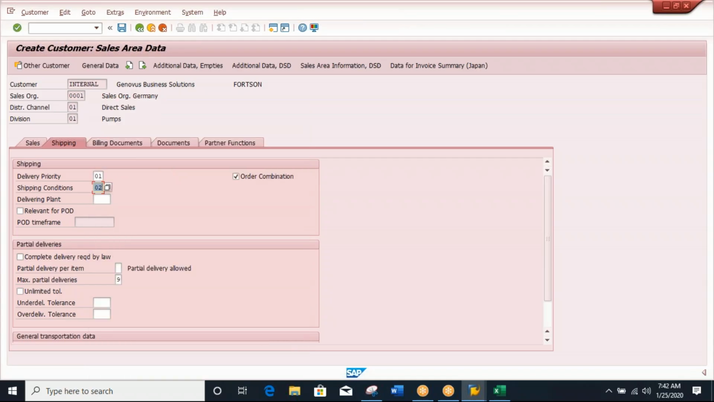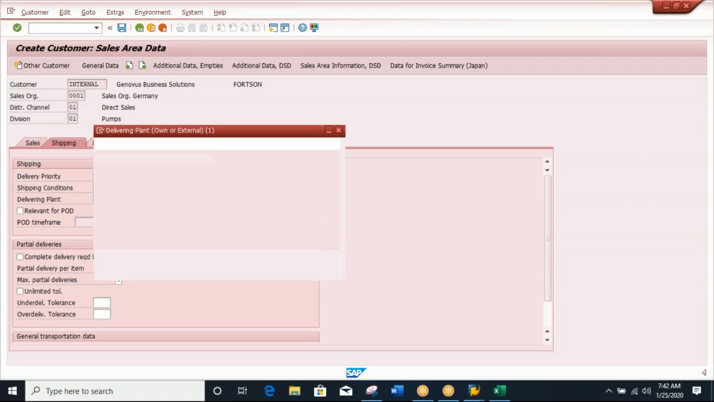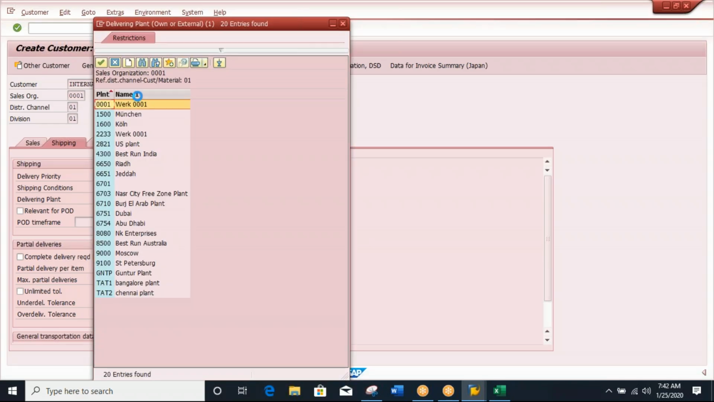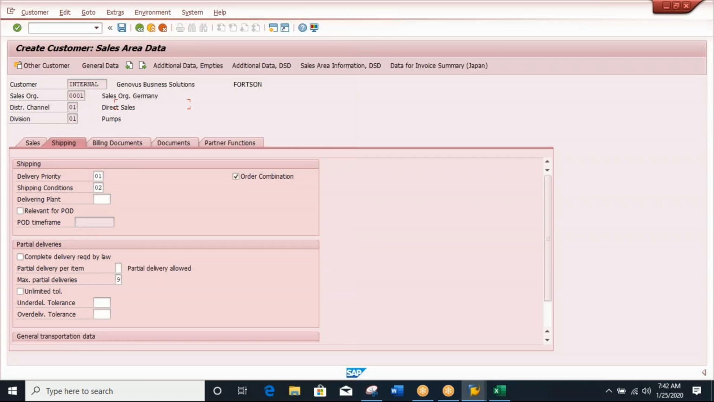So what are the different shipping conditions applicable for this customer? And if you have any specific delivery plan, you can specify that delivery plan for this customer. So by using that delivery plan, you have to create the delivery while doing the goods issue process. And you can specify